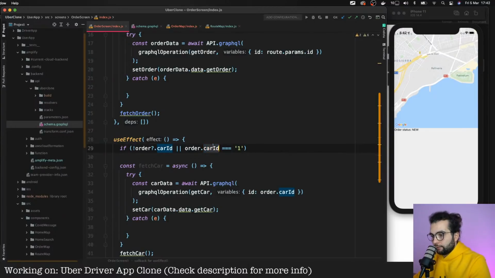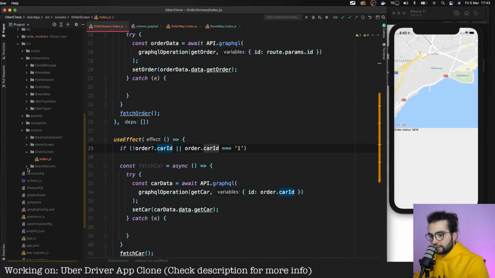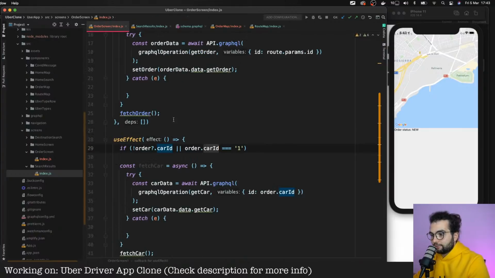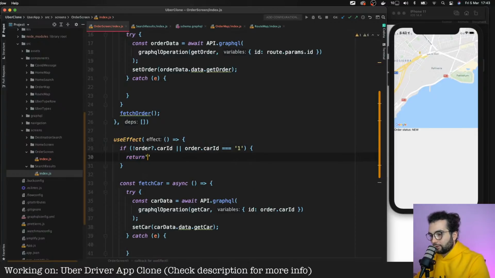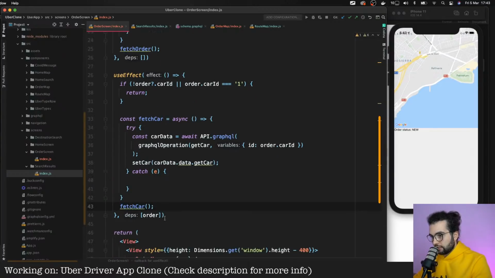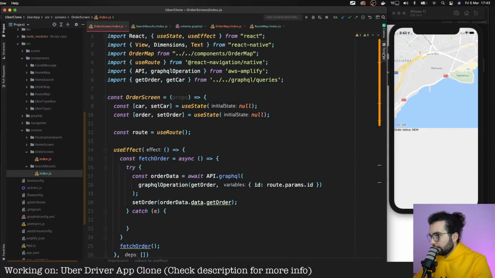But yeah, we can keep it with carId, because if we go to the search results, here we can see that we set the car ID to 1, meaning that it's a wrong ID and there is no car, like it's a new one. So if carId is equal to 1, then we will return, because we don't want to fetch, because there is no car with ID 1. However, otherwise we will fetch the car.